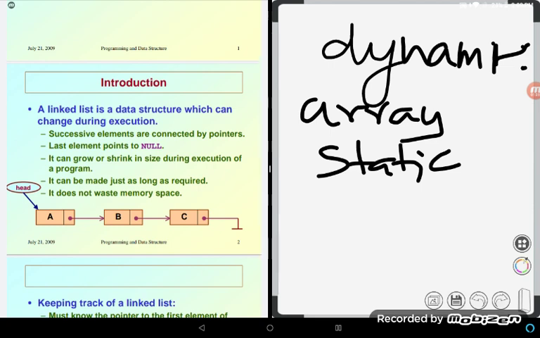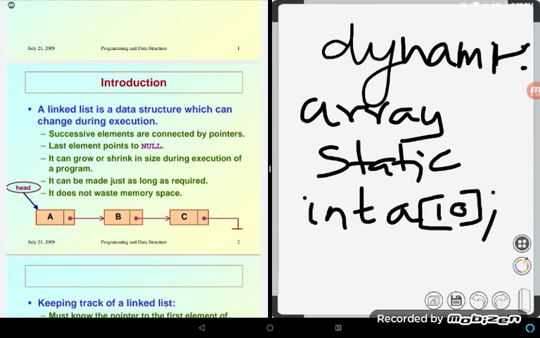If I am declaring an array like this, int a is a variable, and inside the square brackets for the array declaration I have to specify how many cells I need. Maybe 10, maybe 5, maybe 6. No compiler allows you to leave the size blank. You have to specify the size, 10, 5 or 100 or anything. If I declare an array like int a[10], then 10 memory locations are reserved for storing 10 integers. Then how many bytes are actually reserved?